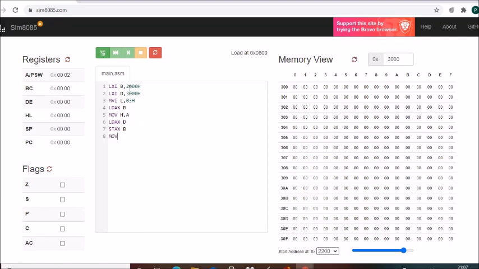Then I will load the data which was stored in H into the accumulator again, MOV A, H. Then I will store it at the DE pair, STAX D. So one exchange is over. Then INX B and then INX D, then DCR L, and jump if not 0 to back.